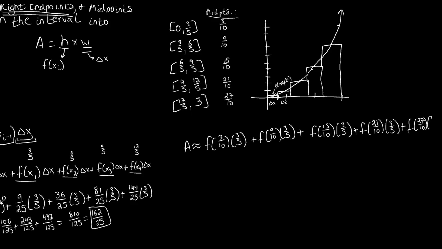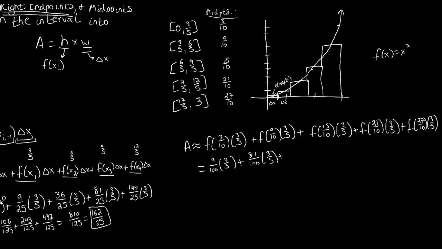So now what we're going to do is, again, using the fact that f of x is x squared, we're just going to square these values inside of the f of expressions, then multiply them by the 3/5, or the width of the rectangles, to give us the area of each individual rectangle. So then 3/10 is going to give us 9/100 times 3/5 plus 81/100 times 3/5